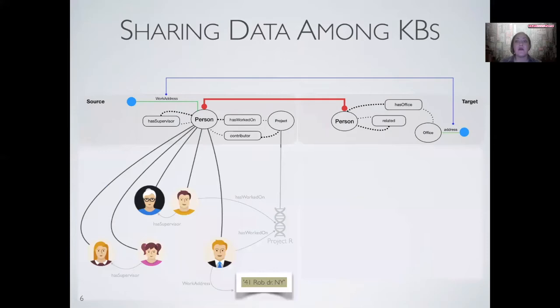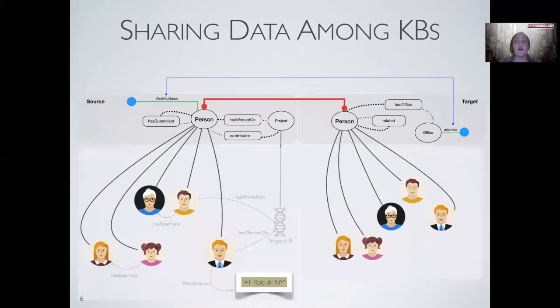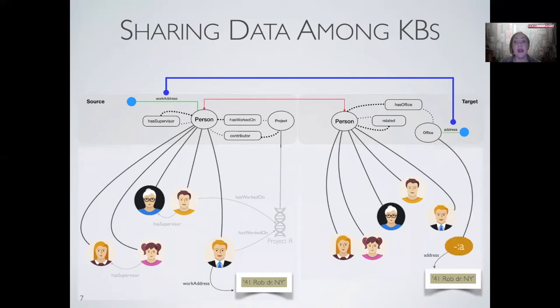In this case, one can use the red correspondence to generate mapping rules which copy over every person's IRI and make them instances of the concept person in target. And add the blue correspondence to copy over the address value and make it an attribute of a blank office